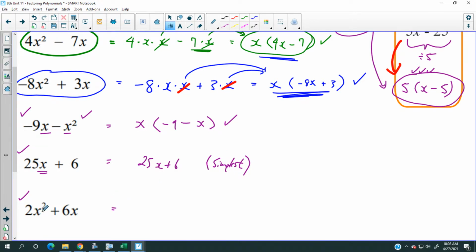Now, this one's interesting, right? In some ways. So let's see. Okay, now I know I can get x out, but here's the thing, and this is what you should not do, all right? Maybe I should do it in red. I got x out, right? And so I say, you know what, I'm just doing whatever my teacher said. So 2, got the x here, plus 6, right? And you're thinking to yourself, well, if I distribute, I get 2x squared plus 6x, right? I'm right? Not entirely. You have neglected the 2 and the 6, because those numbers can be factored out also,